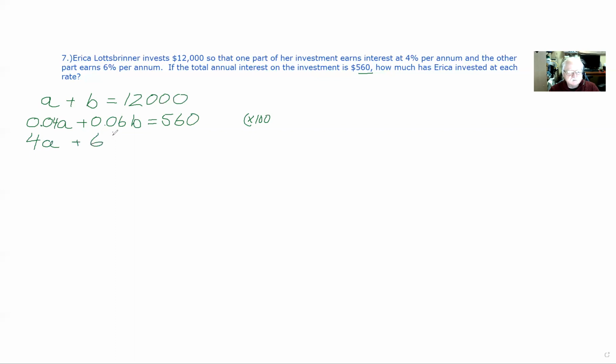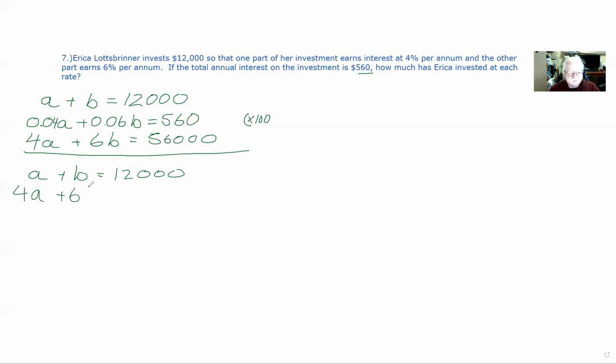plus 6B being equal to 56,000. So now we have two equations with no fractions, no decimals. They're in the standard form. So let's put them down here. A plus B equals 12,000, and 4A plus 6B equals